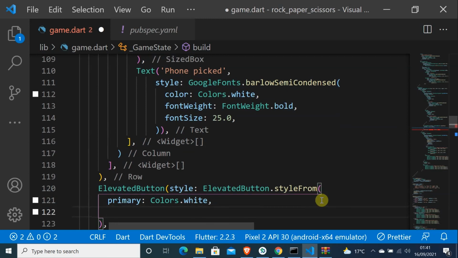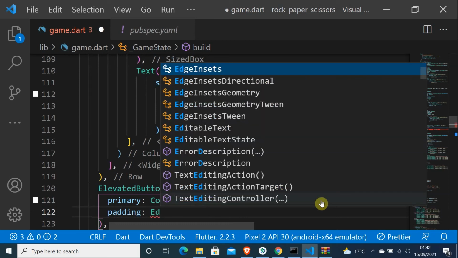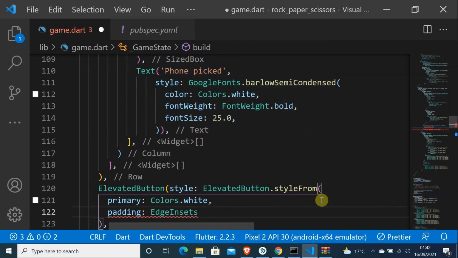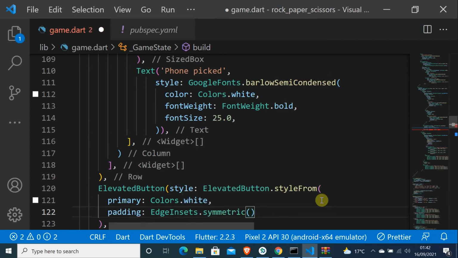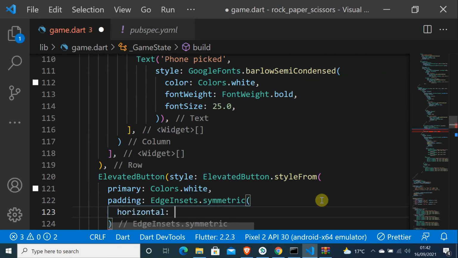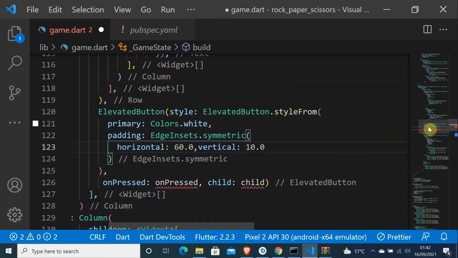And I will do padding, and the padding will be EdgeInsets.symmetric, horizontal 60.0 and vertical will be 10.0, and on pressed here, on pressed